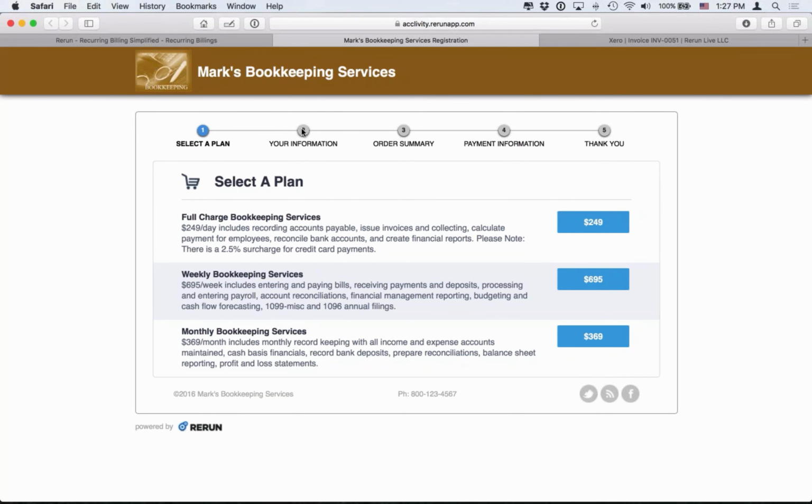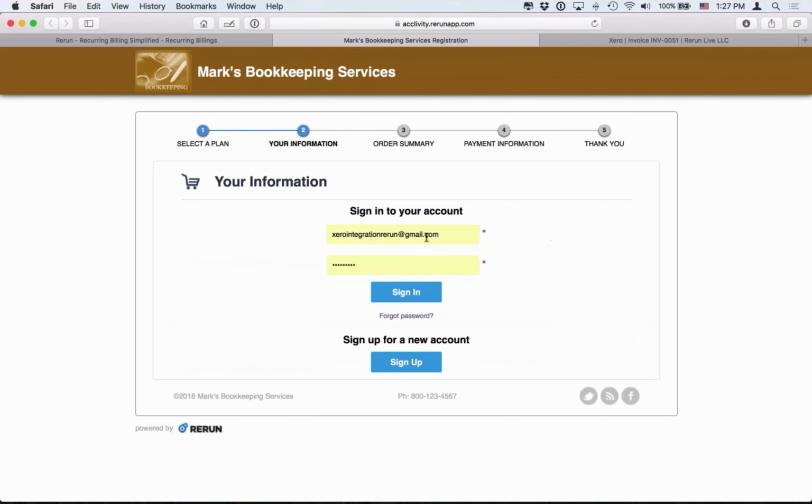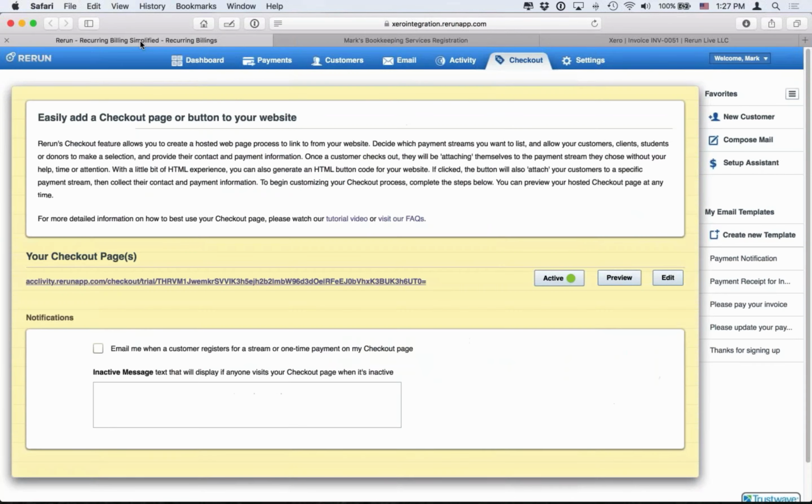And I can click through and go to my information, so the customer would then enter what information they wanted. And as you keep going through it, it allows you to specify the individual details for each of the steps. So it makes it really quick and easy for you to tell your customers what they're doing as they're doing it and help them feel secure that it's going to work fine for them.